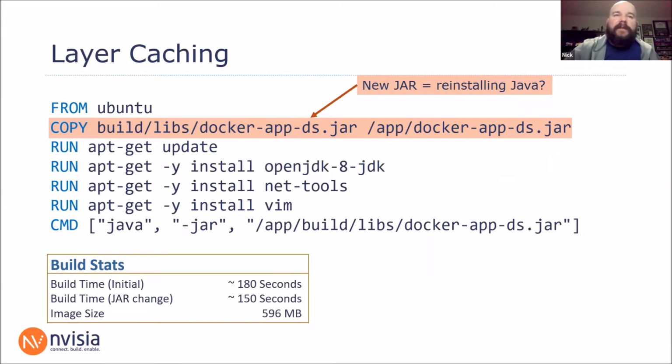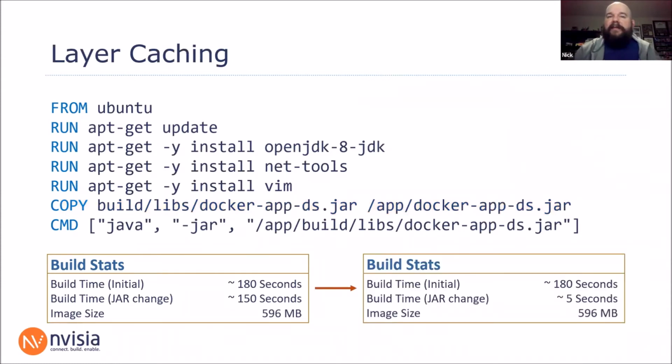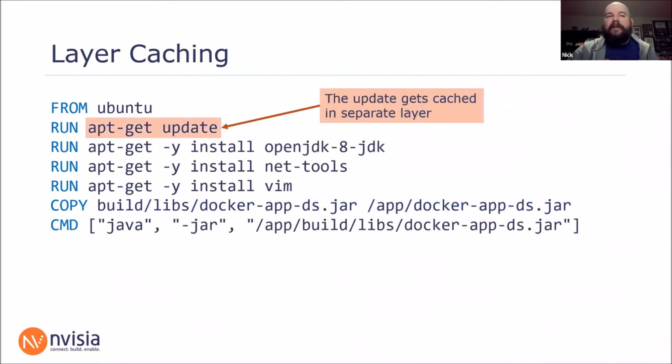So if we move this to right before it's needed, which is at that very bottom, we'll see that our build stats change dramatically as far as the rebuild. So the initial still takes 3 minutes, but our build time on jar change dropped to 5 seconds about. And the reason is I don't have to reinstall